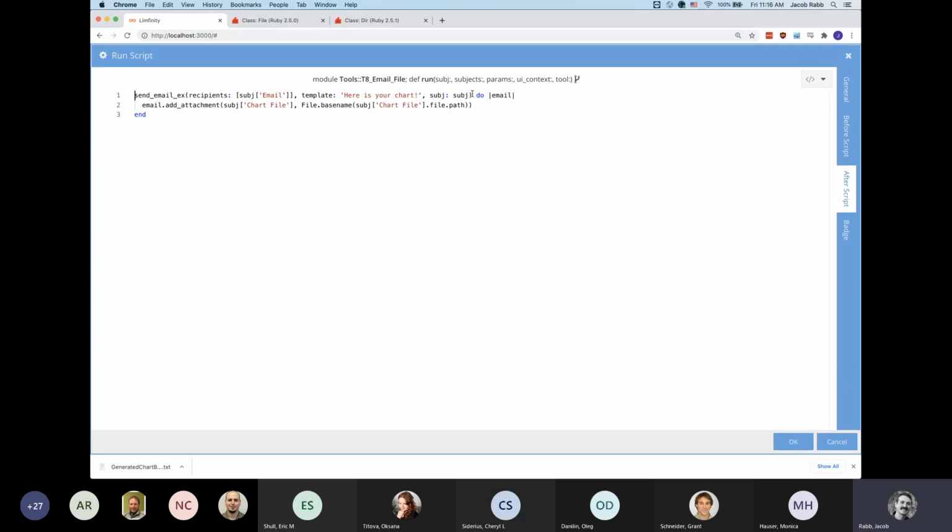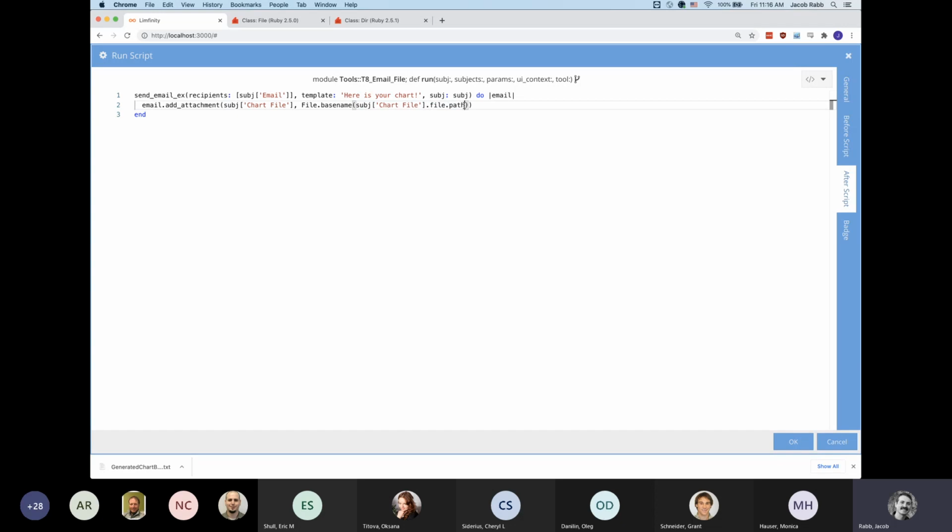And you can pass that method a block, and inside that block, you can call the add attachment method. That method takes two arguments. One is a link directly to the file, and the other is the desired name of the file in the email. This may look a little complex, but basically I'm just taking the full file path using, once again, the